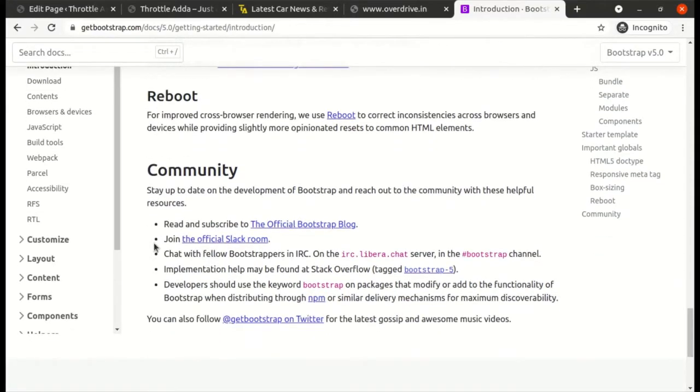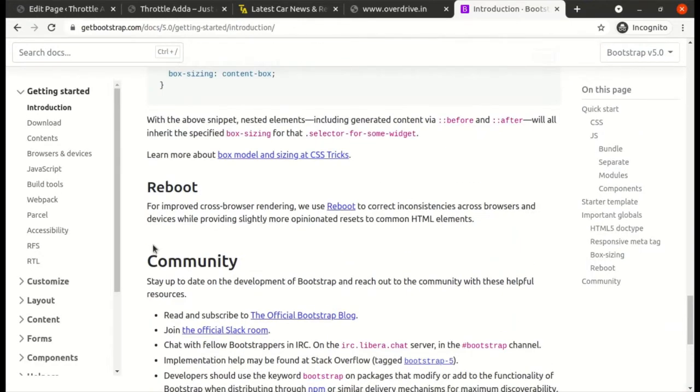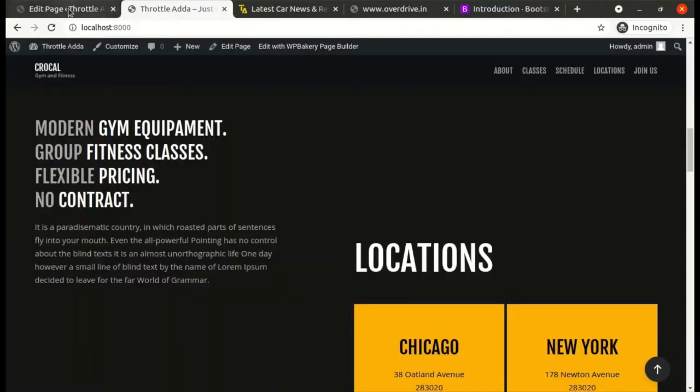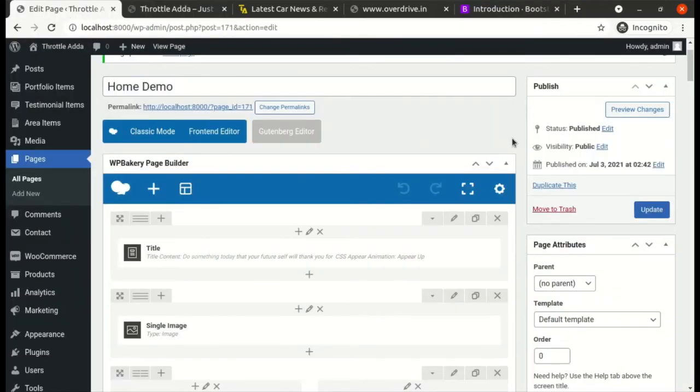So for that you will need in-depth knowledge of it. But as we are going to use the plugin called WP Bakery, we do not need to go into the deep details of how this Bootstrap plugin works. We just need to understand what 12 columns are.